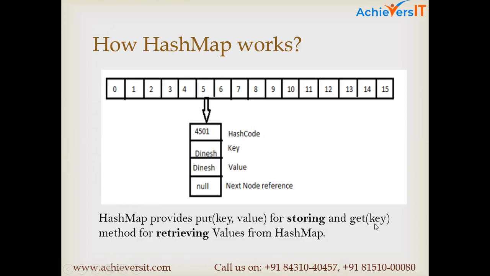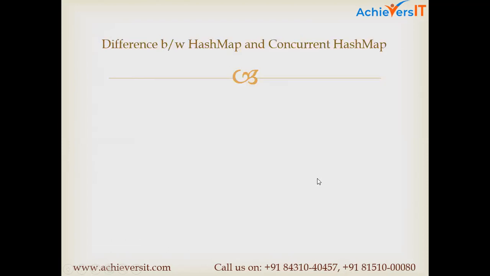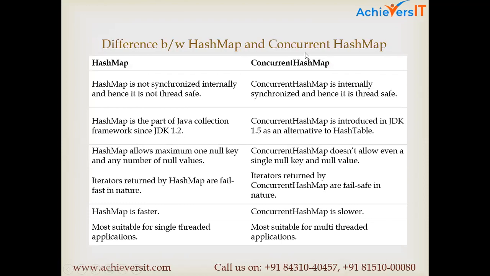So this is how you put the elements inside the HashMap for storing. And when you want to retrieve some element from the HashMap, you can retrieve it based on the key, using get(key). There is also something called ConcurrentHashMap, which was introduced in Java 1.5. But this normal HashMap which we were using before was introduced in the Java collection framework in 1.0. I'll show you the difference between HashMap and ConcurrentHashMap. This is one of the interview questions that the interviewer will usually ask.